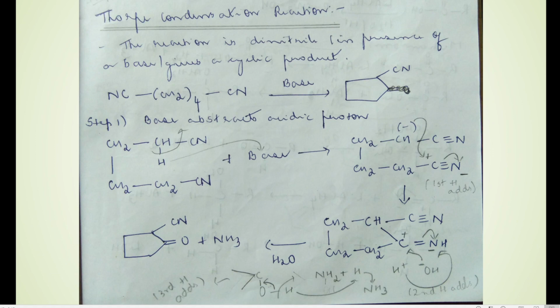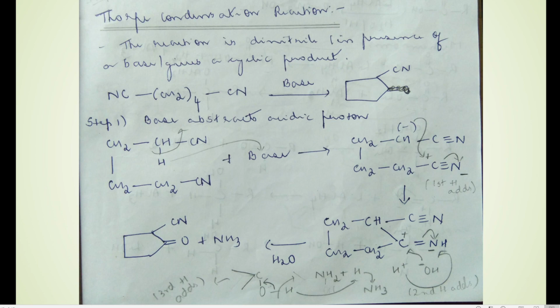So I hope it is clear, students, for you all what is happening here. Three times this bond between carbon and nitrogen shifts until the entire three bonds break. When it shifts for the first time, one hydrogen will come and add, and this carbon will form a bond with this carbon. When it shifts the second time, what happens? One water will dissociate to give H plus and OH minus, and the H plus part will come and attach here to give NH2, and the OH minus part will come and attach to this carbon.